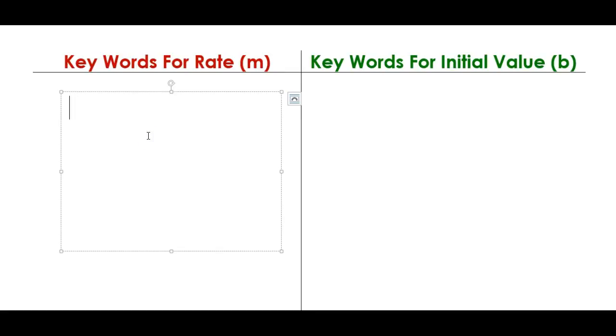When you think about rate, what do you think about? I think about dollars per hour, or kilometers per hour. So I'm going to be looking at something that's per something else. Another thing is I might say it costs $3 for every pound, so I might see something for every